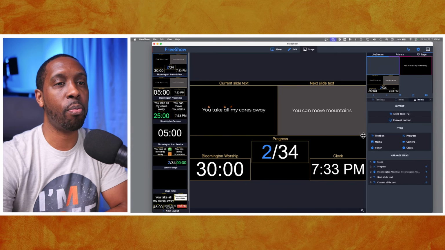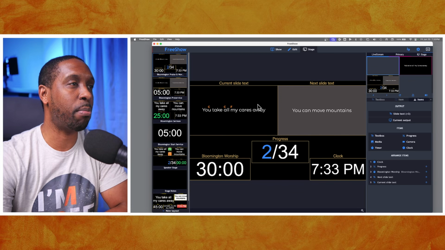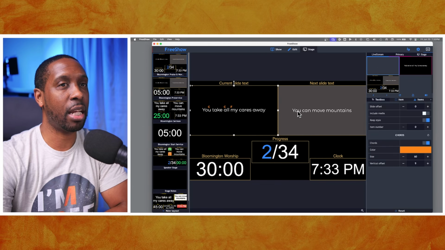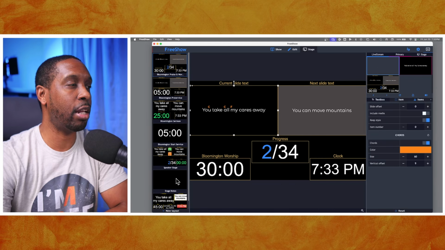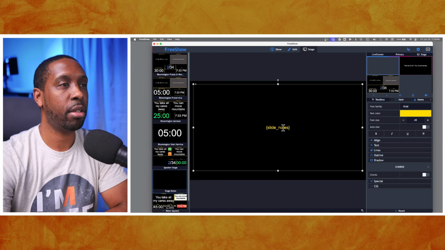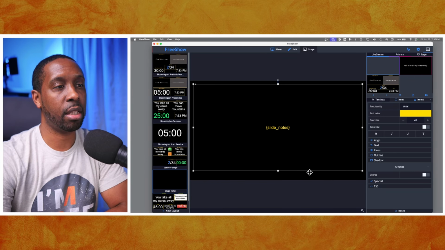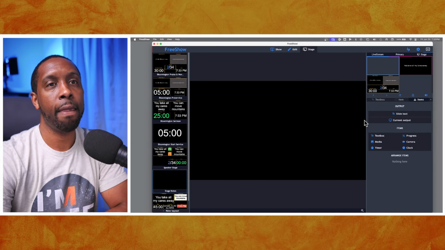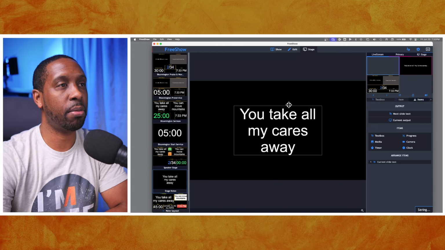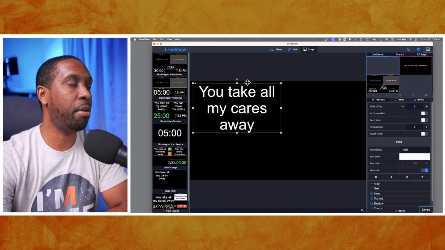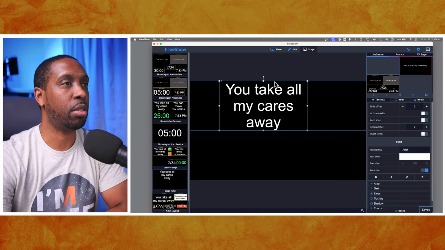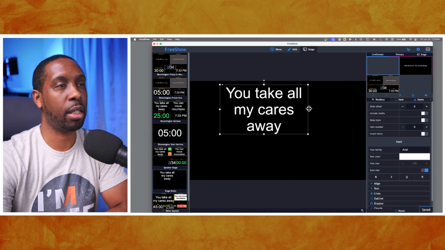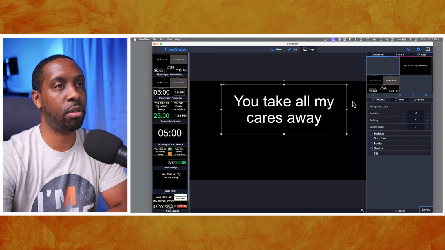Now, you can also make adjustments to this. If I select this box, now I've had this stage view already created. What if we wanted to create a new one? I can go here and delete this text box. If you don't have a stage view, you will go to your items and select slide text, and it shows up there. You can make this as big or small as you want. You could maybe make it go across like this. We'll make it go straight across the top